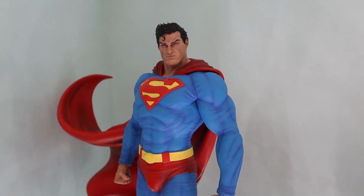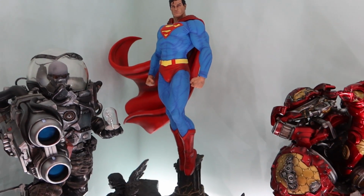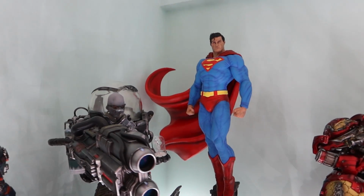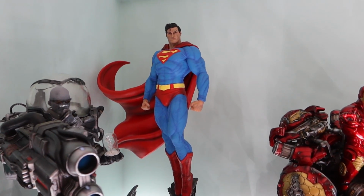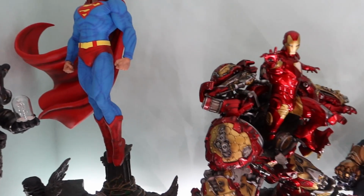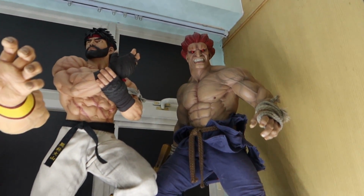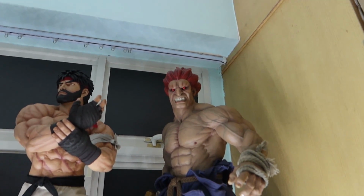He just looks amazing. Sorry, he's just staying there, chilling at the corner where he should be. So really amazing stuff for this guy. I love this guy. This is my grail for the 1/3 scale collection that I have. So before we go to the 1/4 scales, or most of the 1/4 scale maquettes, I have here another 1/3